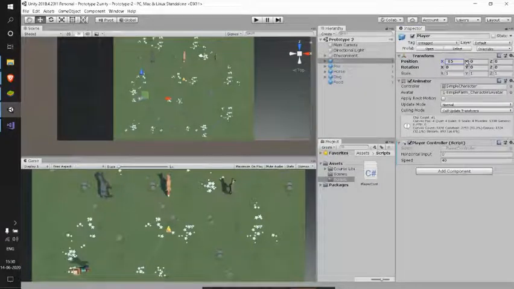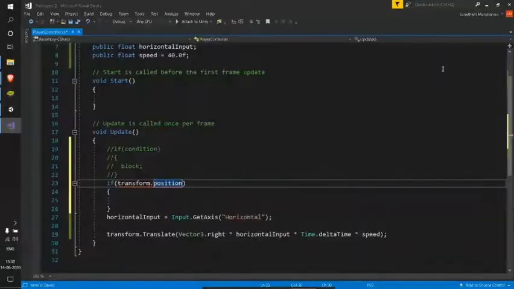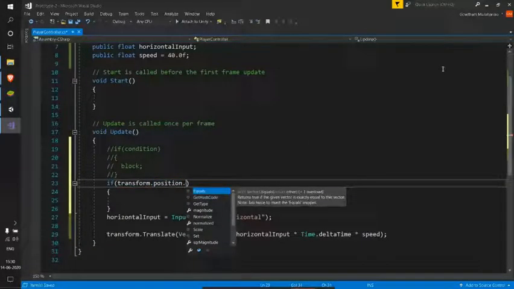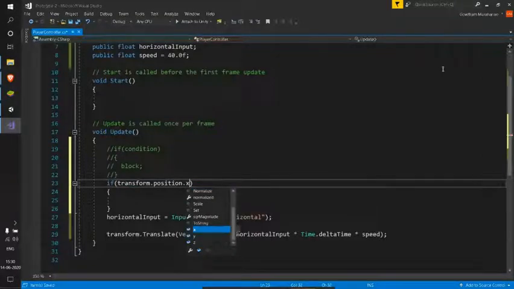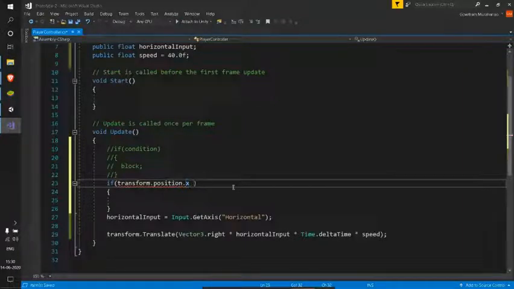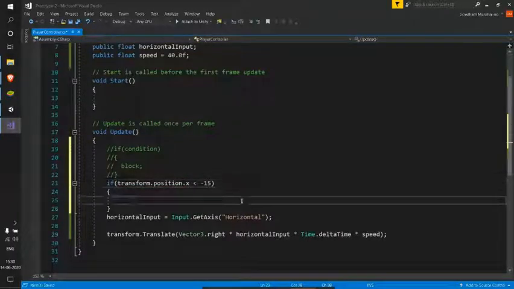We don't care what our y and z position is. To do that, let's use the period operator again on position, and now we can use x here, and that says the x component of the vector. So we are just using this transform.position.x to get the player's position at the current time. And let me check if it is less than minus 15.